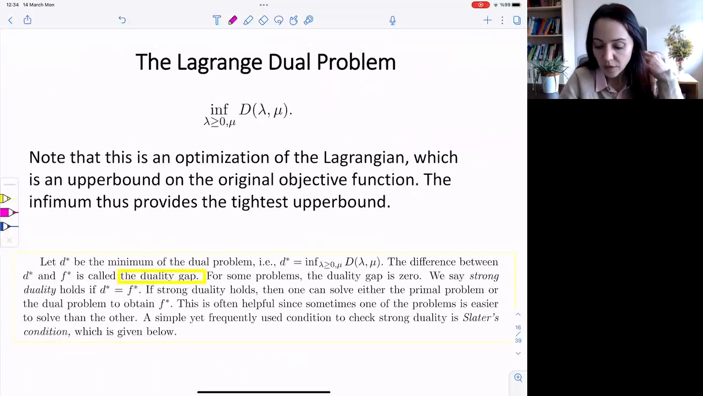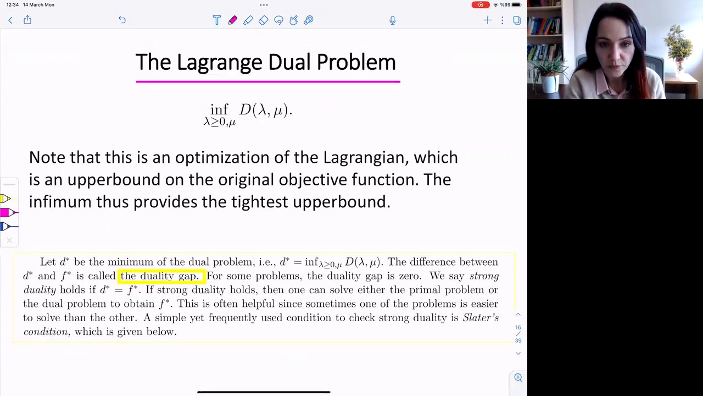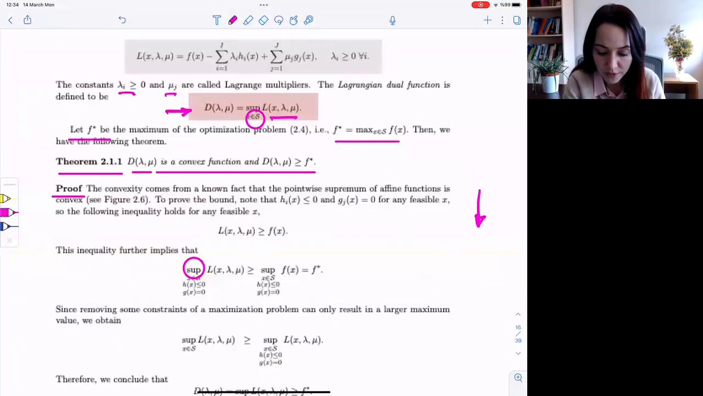Now, let's define the Lagrange dual problem. The Lagrange dual problem is the problem of the unconstrained optimization of the Lagrange dual function, which is the infimum over the Lagrange multipliers of the Lagrange dual function. Now, why is the Lagrangian dual function only a function of the Lagrange multipliers and not a function of the free parameter x? Well, because we've already optimized over x, essentially. We found the supremum